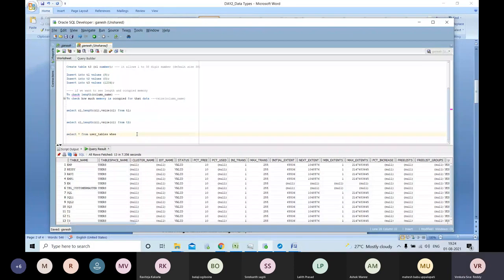Meta objects, in the sense that if you are doing anything in the database, Oracle will capture your details. If you create a 1 BHK house, or a hotel, or anything, the government will capture your details. The government has a record for you. Your details are maintained in some record, right? Like that, if you are doing anything in the database, Oracle will act like a government to capture